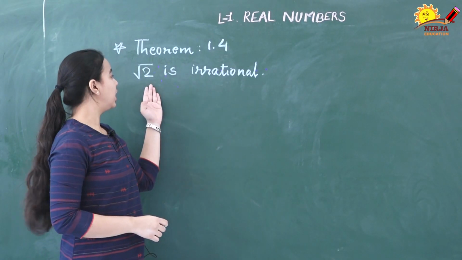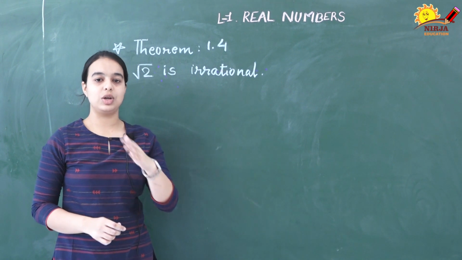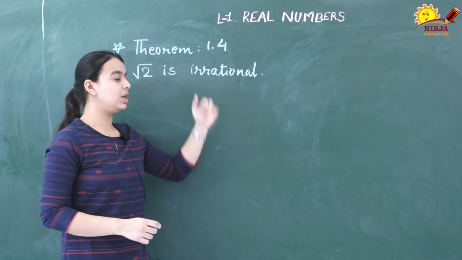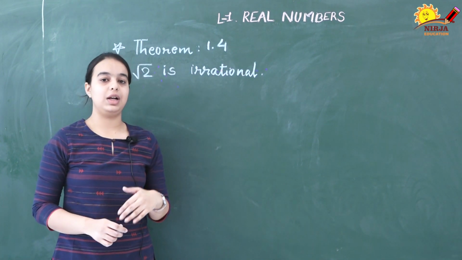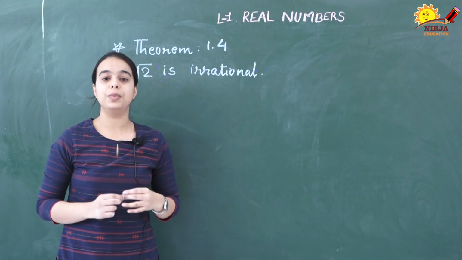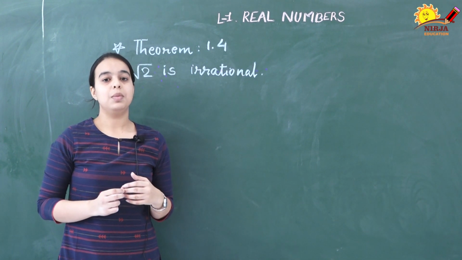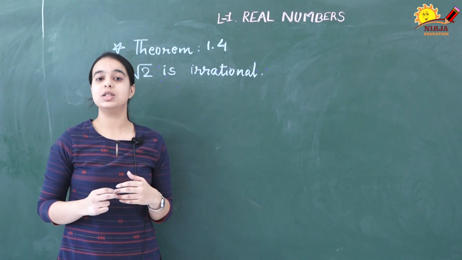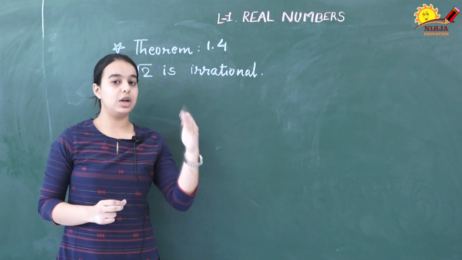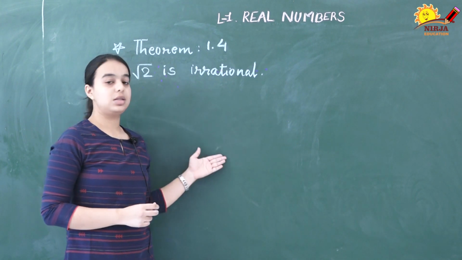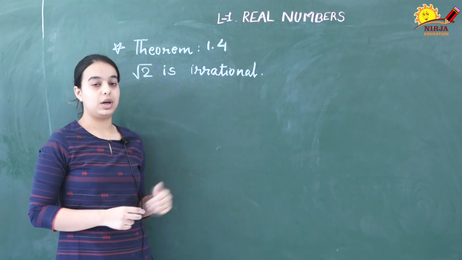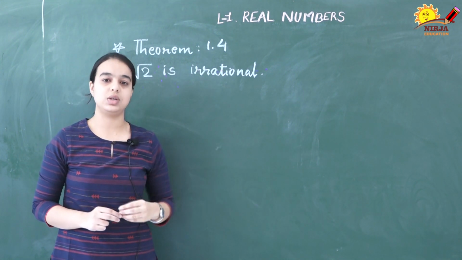So we are going to prove that under root p is irrational. Here, as per your theorem 1.4, I have taken under root 2 is irrational. हम यहाँ पे प्रूफ करने वाले हैं कि अंडर रूट 2 जो है वो irrational नंबर है. And my dear students, this is a very important topic from your first chapter, because in your exam also there is a possibility of being asked. Many examples are like that, like prove under root 3 is irrational, prove under root p is irrational. So by seeing this theorem, you all are able to do so. So let's see that, यहाँ पे हमको प्रूफ करना है कि अंडर रूट 2 जो है वो irrational नंबर है.